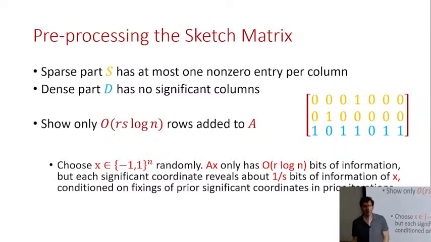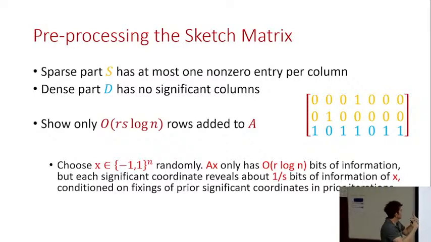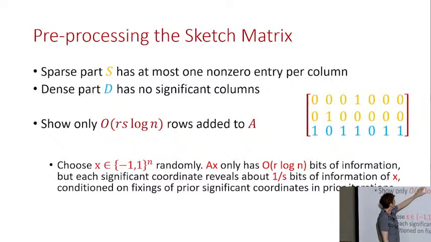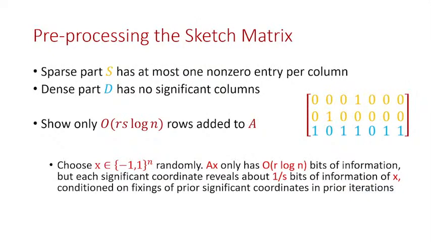Okay? So, as long as R didn't start too close to n, say is at most n to the point 1, this sketch will still be of size significantly less than n, and so it's breakable. So I can't really get into the details of why it terminates after this, but just to give you some intuition, it's an information theoretic argument.